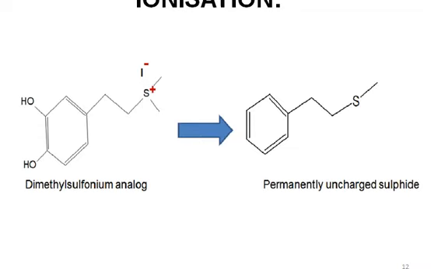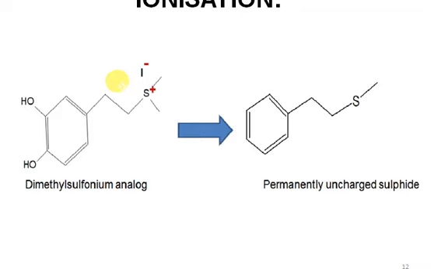So here is another approach, the approach of ionization. Suppose you have this dimethyl sulfonium analog, and you see that it's existing in the ionized form. It's taken in the form of this iodide salt of the sulfonium. So this is the dimethyl sulfonium analog, and in order to check what happens by converting that into a purely covalent structure,